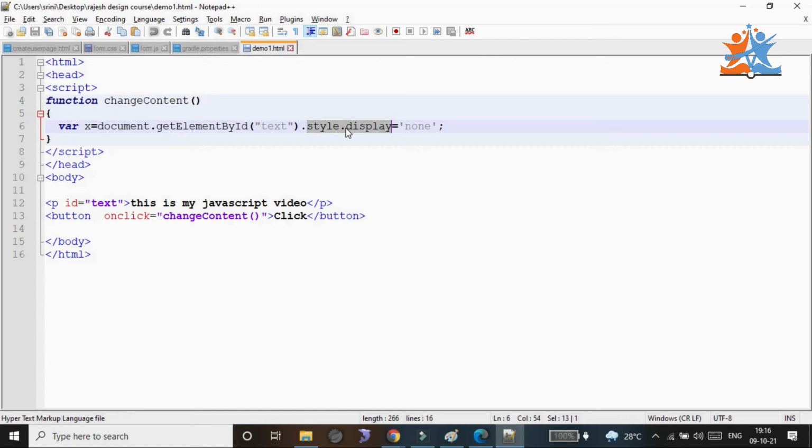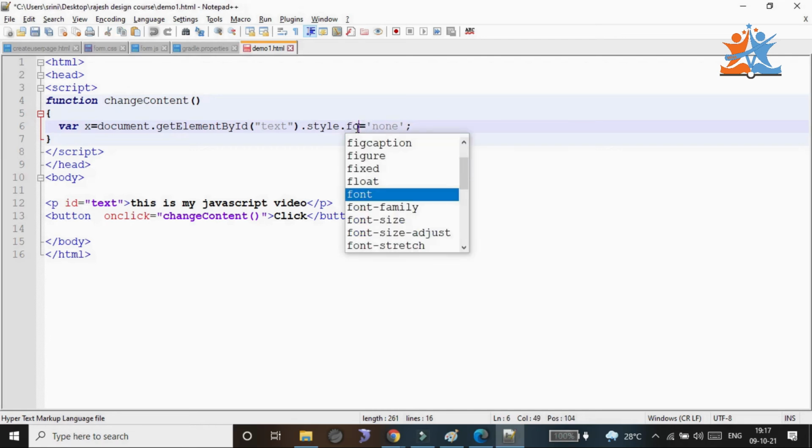So here, previously we went with inner HTML. Now I need to go with style dot display. Now I need to go with style dot some other element. So what is that element? Here the font size. I thought you people identified that style dot is nothing but here we are applying the CSS also. Inside JavaScript we are applying the CSS. Previously CSS was separate, JavaScript separate, as well as HTML separate. And we merge these three elements in a single application, JavaScript, HTML and CSS.